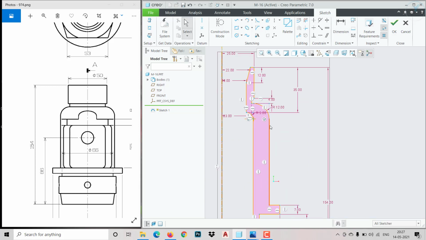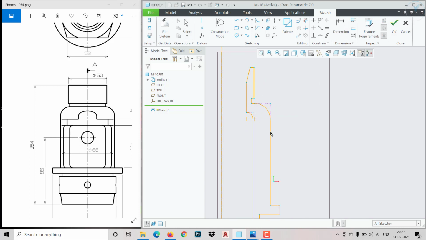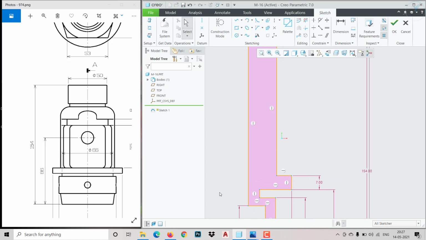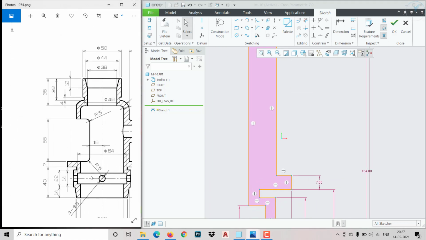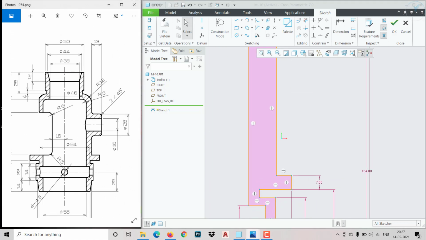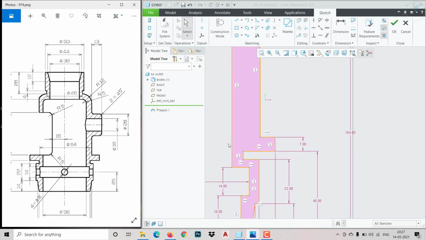I think we need to have this one constraint. I need to make it so this is coming straight. As you can see, this one and this one should come straight. Let me make it coincident, this line and this line.